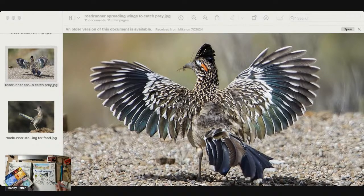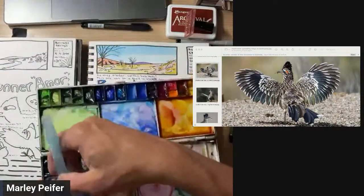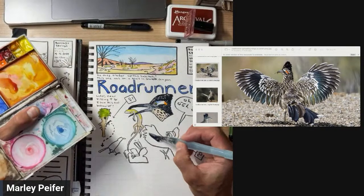So what I'm actually going to do is reserve a tiny amount of space around the face, but reserving these whites would be very challenging and very unnatural in terms of what comes easy for painting techniques. So instead of doing that, I'm going to use opaques. And let's see if I can make myself, here we go, there we go. I'm going to use some of this color that I've already mixed up, which has a lot of neutral tint, but also some blues. And I'm basically just going to cover this whole bird